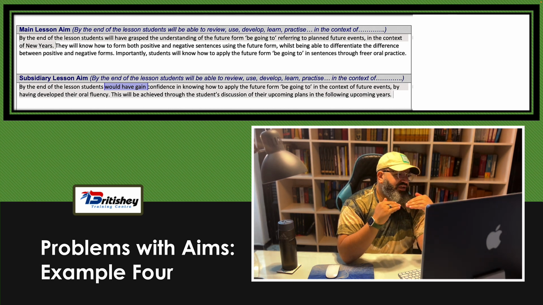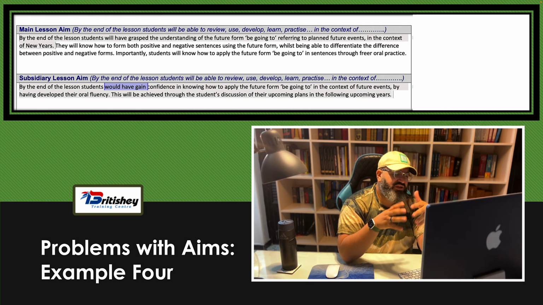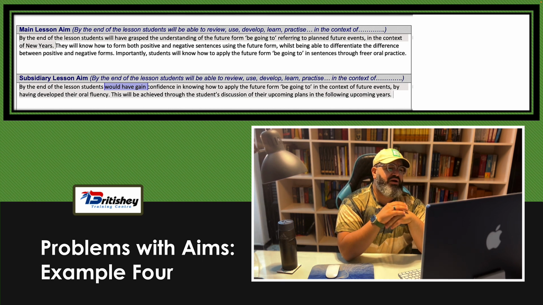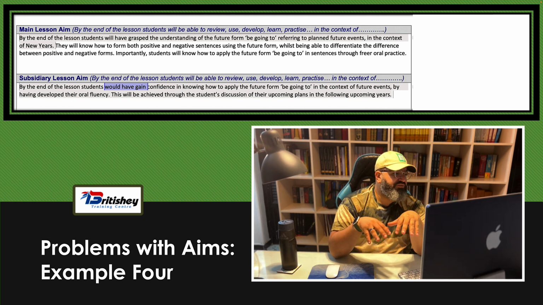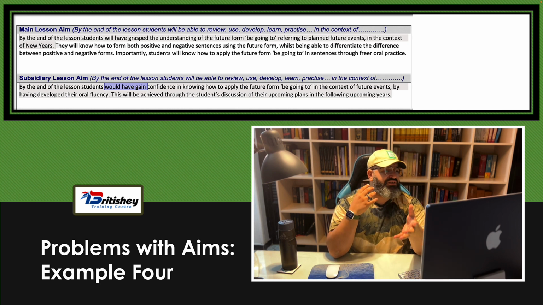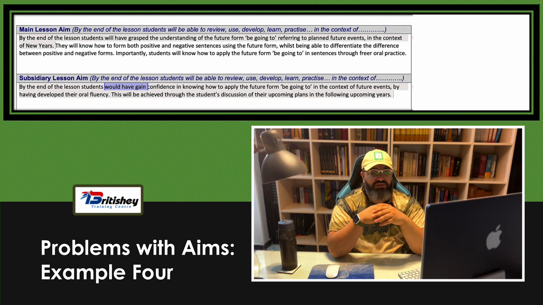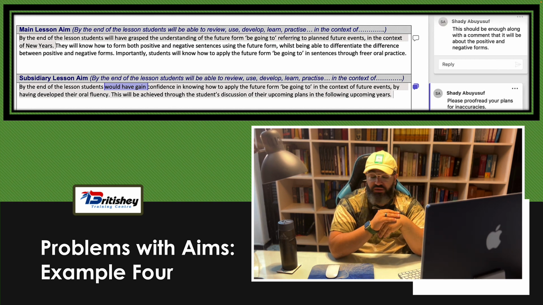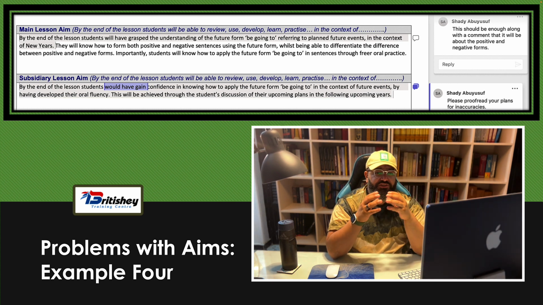And then moving to the second one. By the end of the lesson, students would have gained, suppose we would have gained, so that's a typo, gain confidence in knowing how to apply the future form be going to in the context of future events by having developed their oral fluency. This will be achieved through the students' discussion of the upcoming plans in the following upcoming year's term. My comments. And on the first one I said, this should be enough, along with a comment that